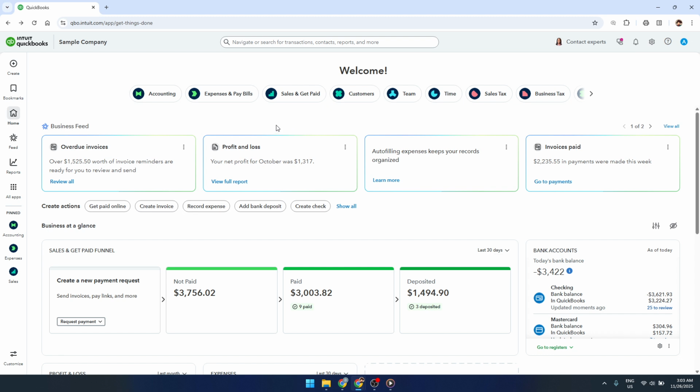After you sign up, you'll be prompted to enter your company details, like your business name, address, and the industry you're in. Take a moment to fill this out accurately. QuickBooks uses this information to format your invoices, suggest accounts, and tailor some of the default settings, so it really